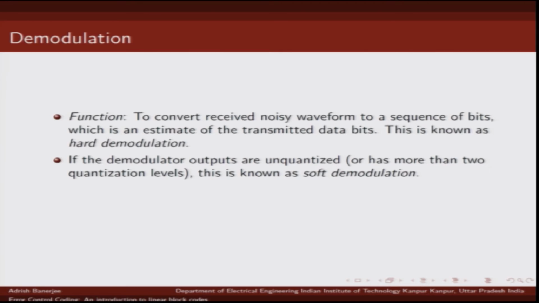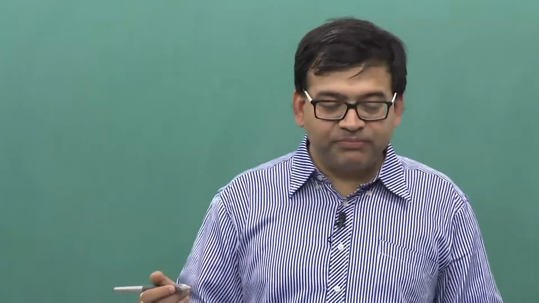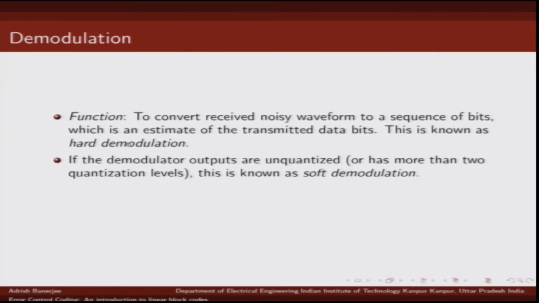In hard demodulation, we basically lose a lot of information. For example, consider binary transmission, where you are sending zeros and ones using binary phase shift keying. Let us consider a scenario where 0 is mapped to +1 and 1 is mapped to -1, and let us say the received symbol was 0.01. If you were doing hard demodulation, since the threshold will be 0, you would demodulate it to be